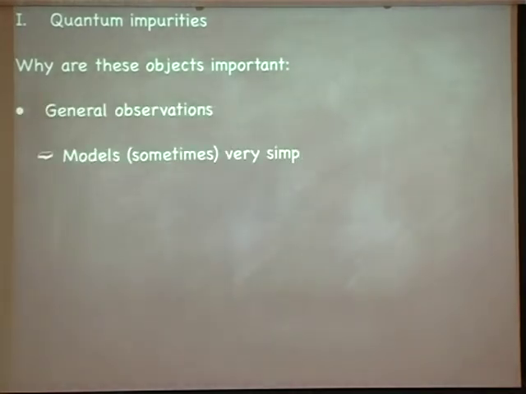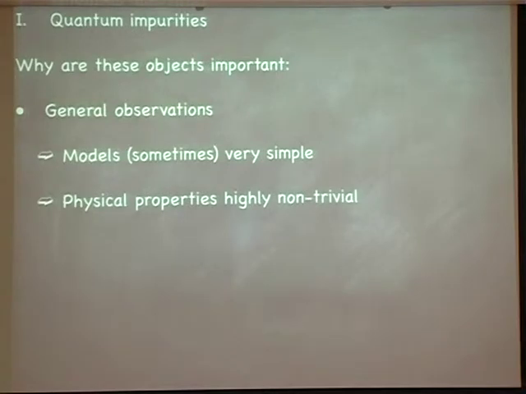So the general observation is that the models for quantum impurities are sometimes very simple. The Kondo model is extremely simple from that perspective. Just one spin coupled to a non-interacting electron gas, we could say, well, this must be solvable. In fact, it is not. The physical properties of these objects are highly non-trivial. Even for the simplest Kondo model, we will see later on that the physics is really very rich already on that level. And now imagine you put this into a DMFT, where you in addition get at least some ideas about lattice, and then this can become extremely rich.